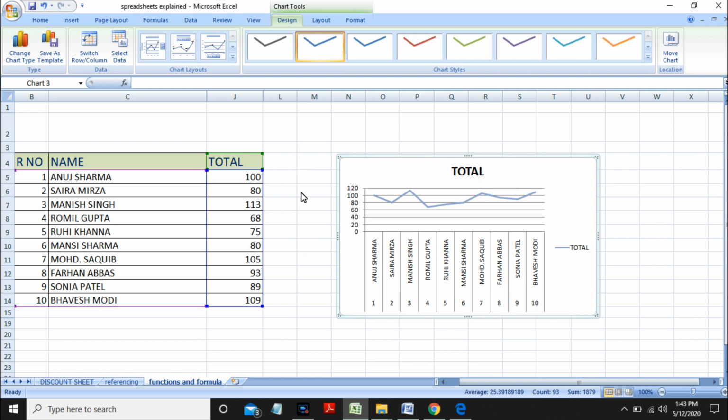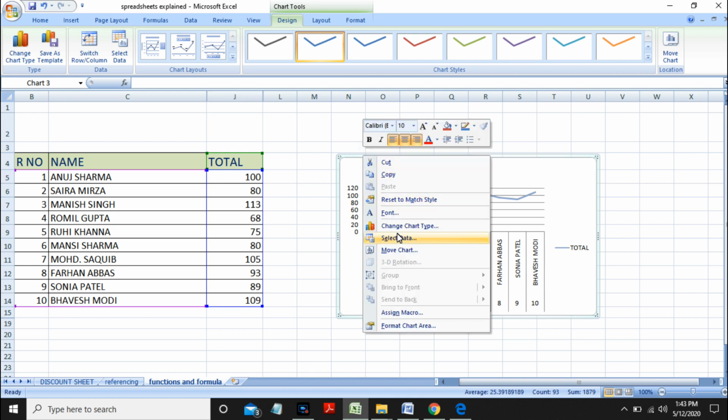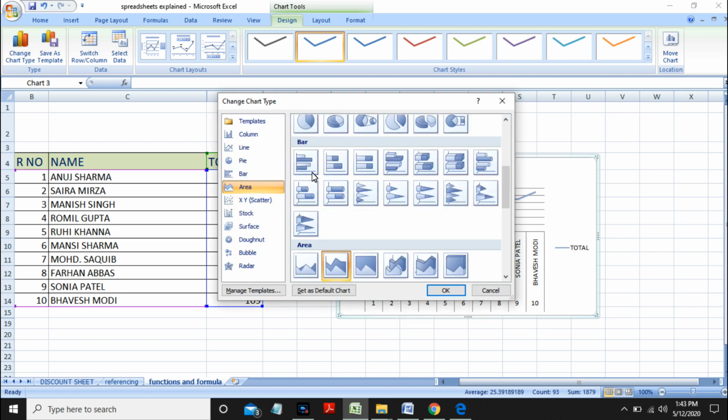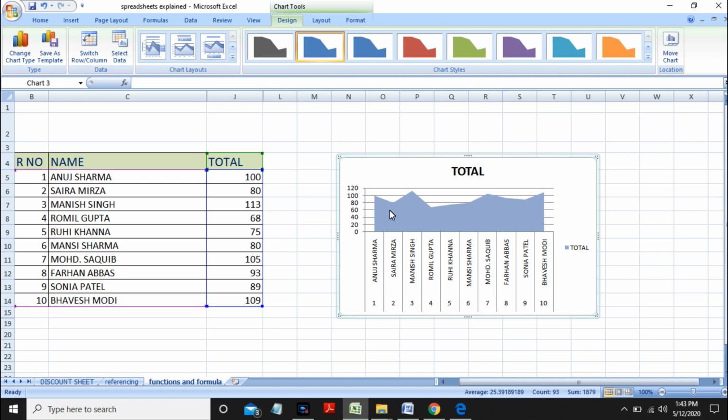And if we want to use an area chart, again, we just right click over there, we change the chart type, we select the area chart, it's right here. Okay, and select the kind of area chart that you want, and you say okay. So if you plot the area under this particular line, this area will tell you the magnitude of data that differs between two components, like between Anuj and Saira, how much of the component of data is missing. Again, this is not to be done for individual data items.